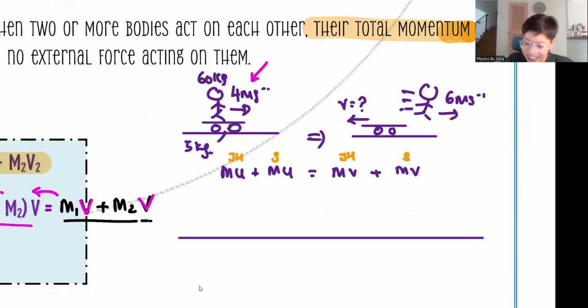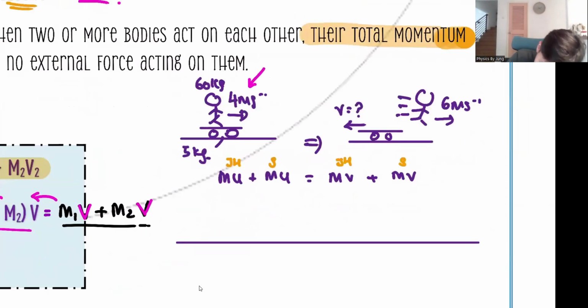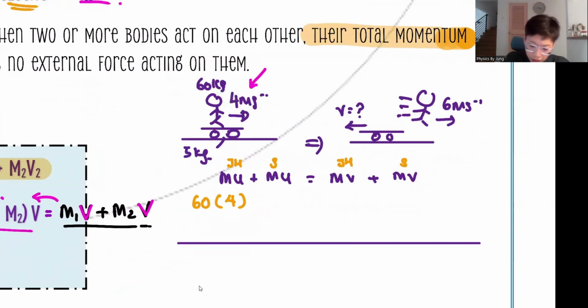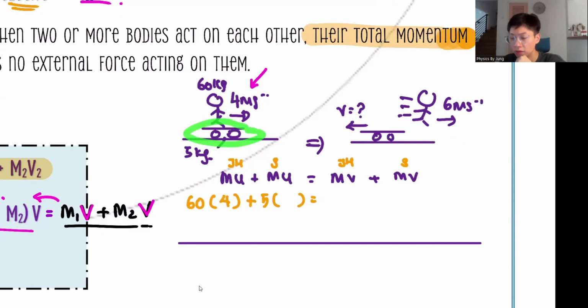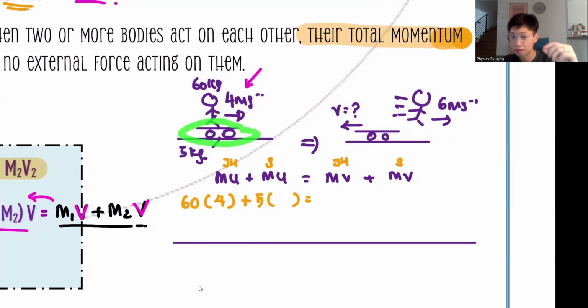So first one, mass times velocity. Now I revise with you. Momentum is always mass times velocity. Jung Hao is riding the skateboard at 4 meters per second. Then after that, plus the skateboard's mass times velocity. Guys, if I hop on the skateboard and move with the skateboard, does this skateboard consider moving or not? The answer is yes, of course, because it will move together. So therefore, this is also 4 meters per second.